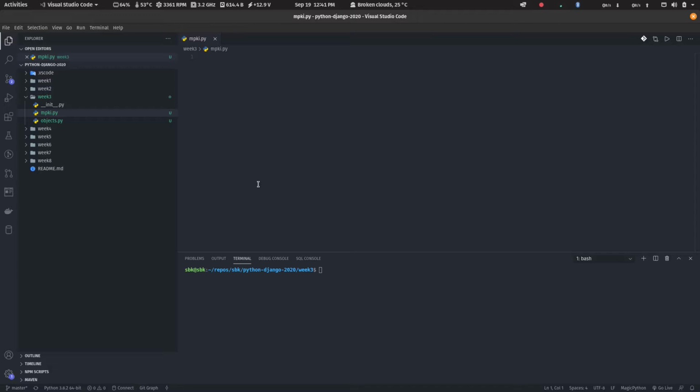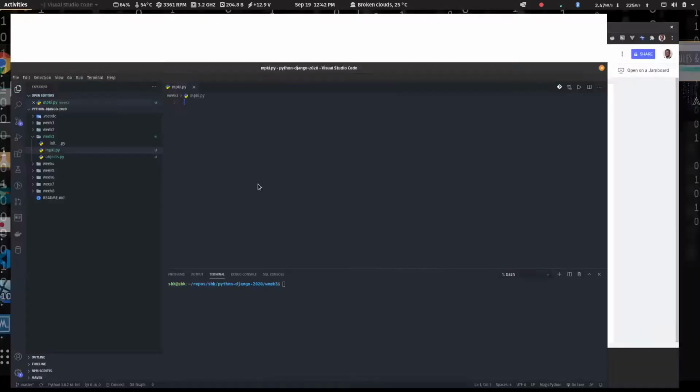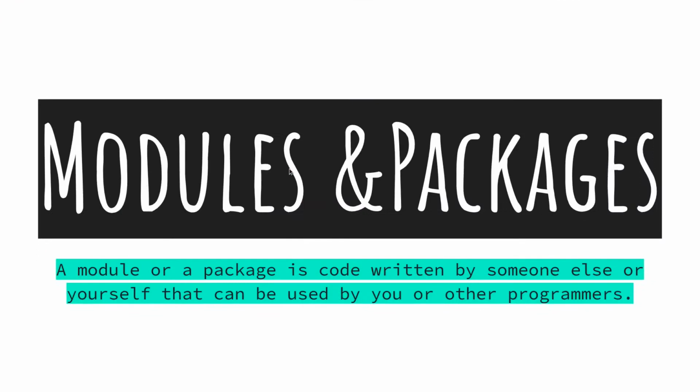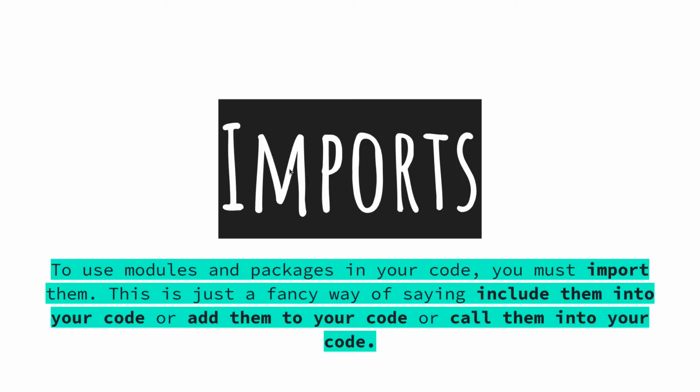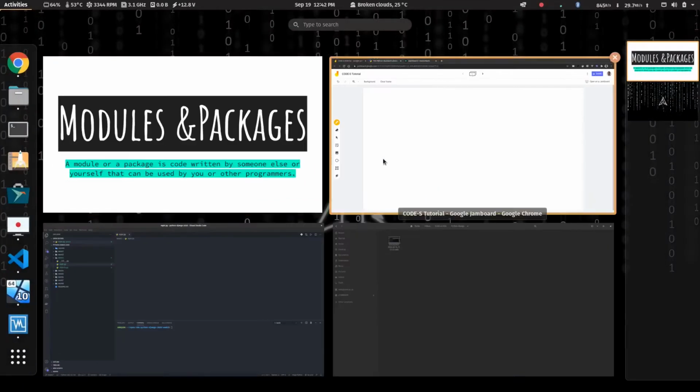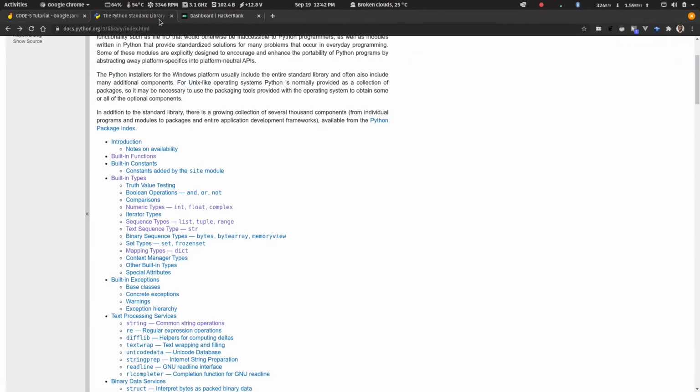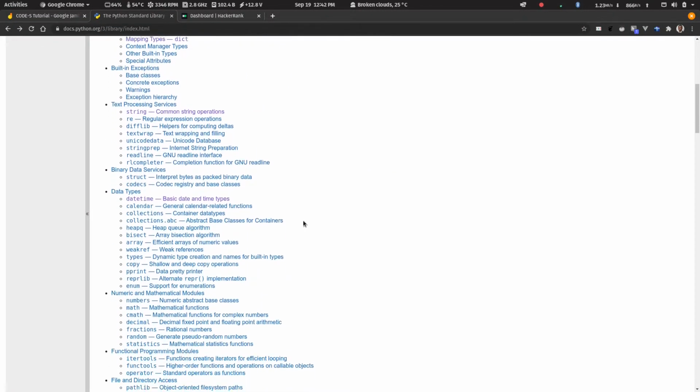But also, what if other people want to write their own code such that other Python programmers can use it? For instance, maybe I can write my code and then you can use it, right? So to do that, one nice way of doing that is writing a package or a module. Okay, so that's one nice way of doing it. Now if I want to use a package, let me just go through some examples of some packages. So in Python, right,